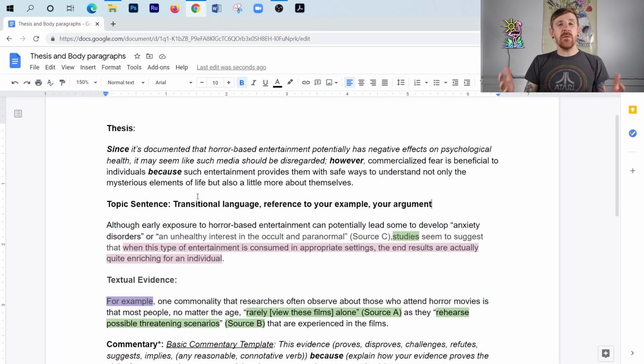But anyway, what we want to know is, do we have foundational transitional language, a reference to your example, and your argument? Because that's going to help us understand what the topic sentence is doing. It's preparing us to say, okay, what is this paragraph actually going to be about? So please note here, my topic sentence does indeed suggest that I'm following my thesis. And it says,